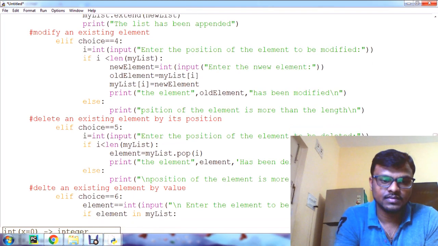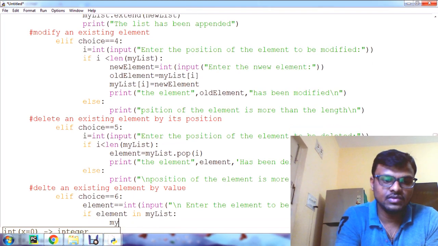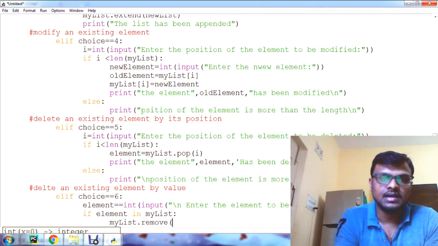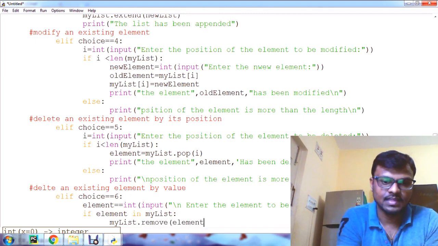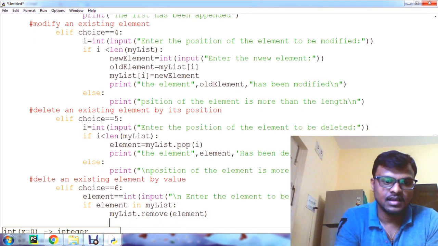So if element in my list, then we are going to do my list dot, directly we can use the remove function, remove of element, then that given element is going to be removed.